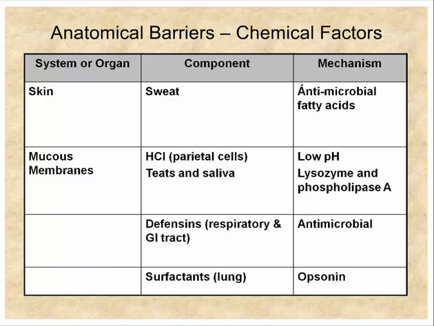In addition to that, there are some chemical barriers at these sites. In the skin, the sweat, there are fatty acids in the skin that are antimicrobial. And so they're considered part of this nonspecific or innate immune system. They're ready to go, and that's why they're primarily going to be constitutive components. In the mucous membranes, in the stomach, the HCl, the high acidity of the stomach actually is a barrier because most bacteria, as you're going to find out, have a certain pH that they live in and can survive in. And most of them cannot survive in that environment. So that in itself kills them.